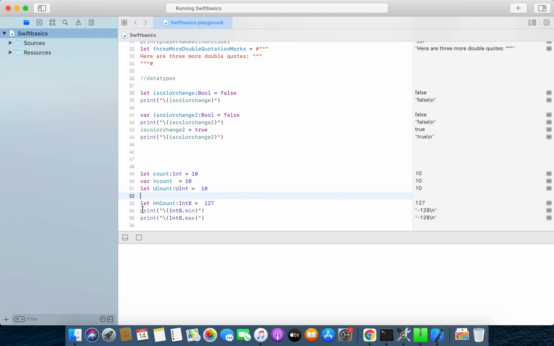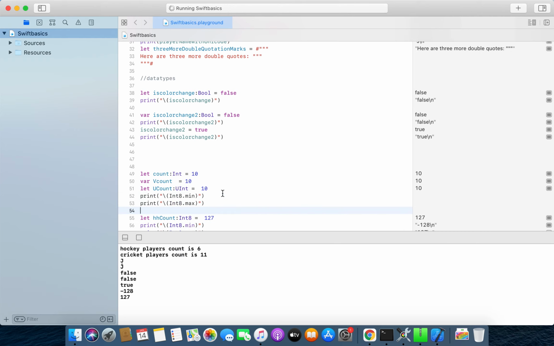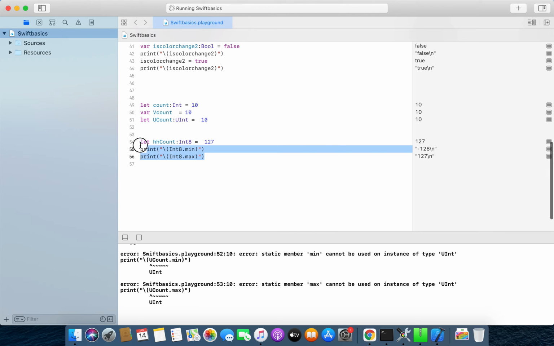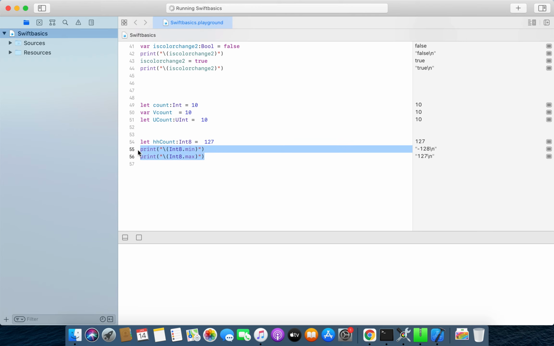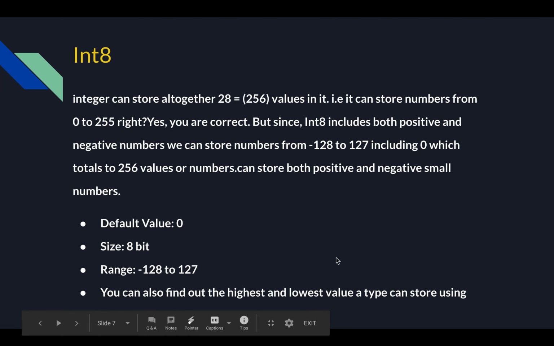See, same thing you can do for uint. So use uint here because it also has some ranges. See, it is going to print. So starting min and max cannot be used... Uint cannot be used because there is no range. So okay, you can use a minimum and maximum value like this. So let me move further.